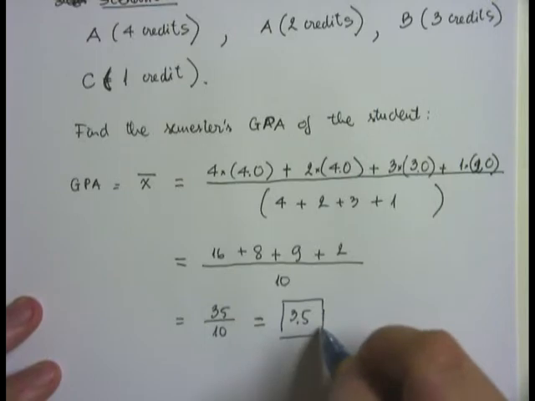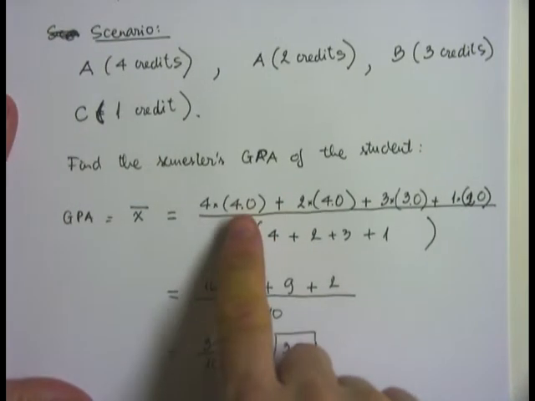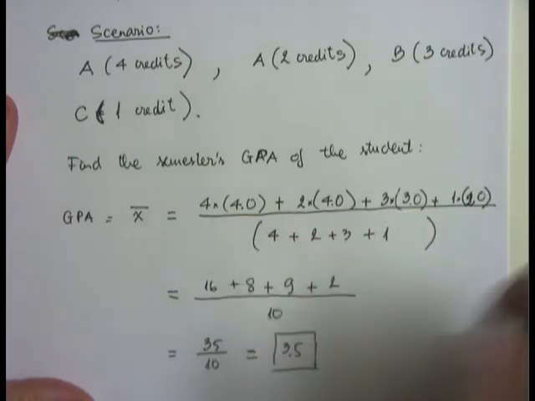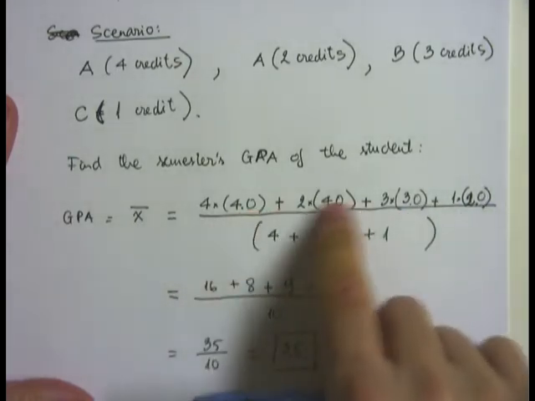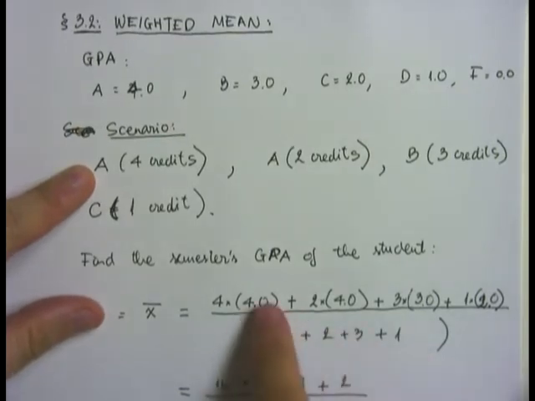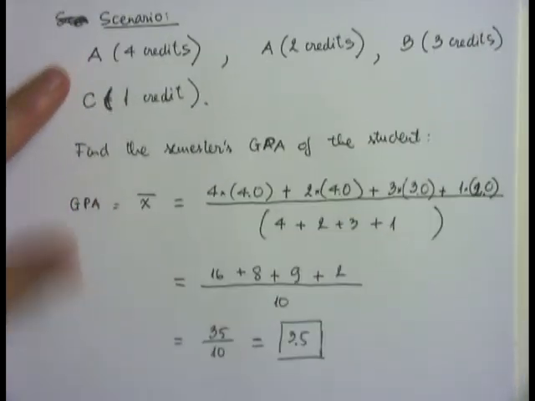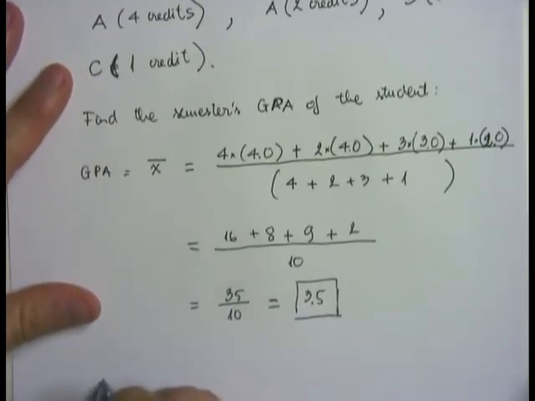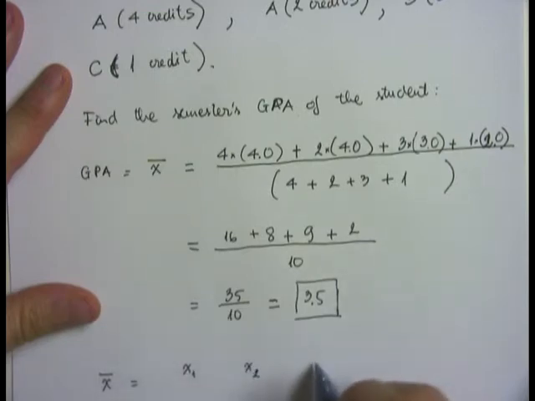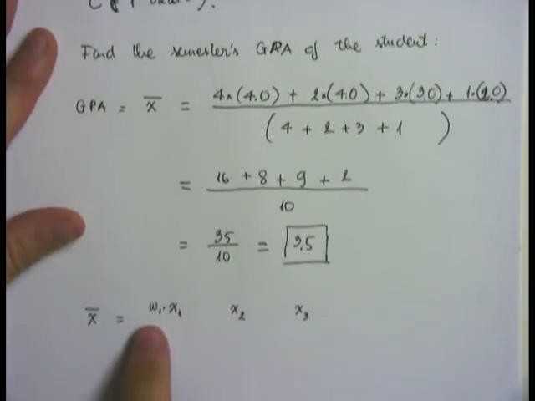Okay, so in this problem, what we have seen is that each of the 4 point or 3 point values here are grade points, which is the value for the A. But each value, even though it is the same A, is being weighted differently. So as a general formula, suppose x1, x2 are the different values in your data, and each of them is weighted differently, then to find the mean value, you multiply each individual data point by its weight,